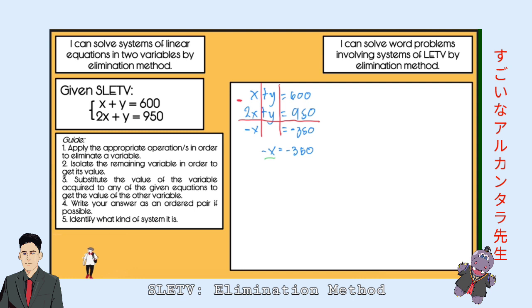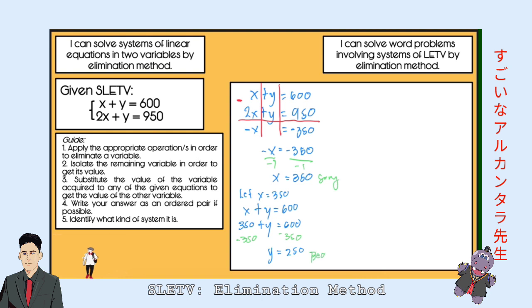Isolating the x variable, divide both by -1. You're going to get x is equal to 350. Doing so, we may start by looking for the y variable. So we have the first one, so let x be 350. We'll have x plus y equal to 600. 350 plus y is equal to 600. Subtract 350 to both sides. You're gonna get y is equal to 250, meaning the Sony headphones is worth $350 and the Beats headphones is